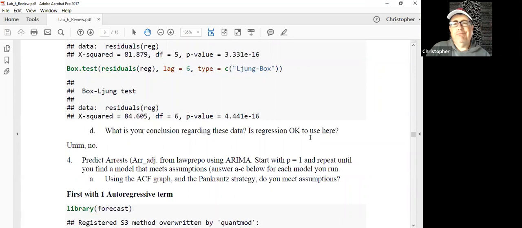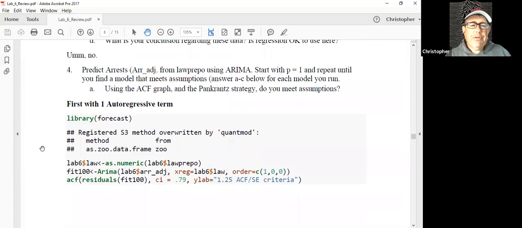Big issue here, we can't use regression here. We're going to need to make some sort of adjustment to account for those residual autocorrelations. And that's where we get into using ARIMA. ARIMA stands for autoregressive integrated moving average. We're just working with the AR, the autoregressive piece. If you take a full semester course on longitudinal methodology, you would get into the integrated and moving average and seasonal components. We're only doing a brief overview here. So first up, I'm going to use the package forecast. There's many packages for doing time series. I just learned with forecast.